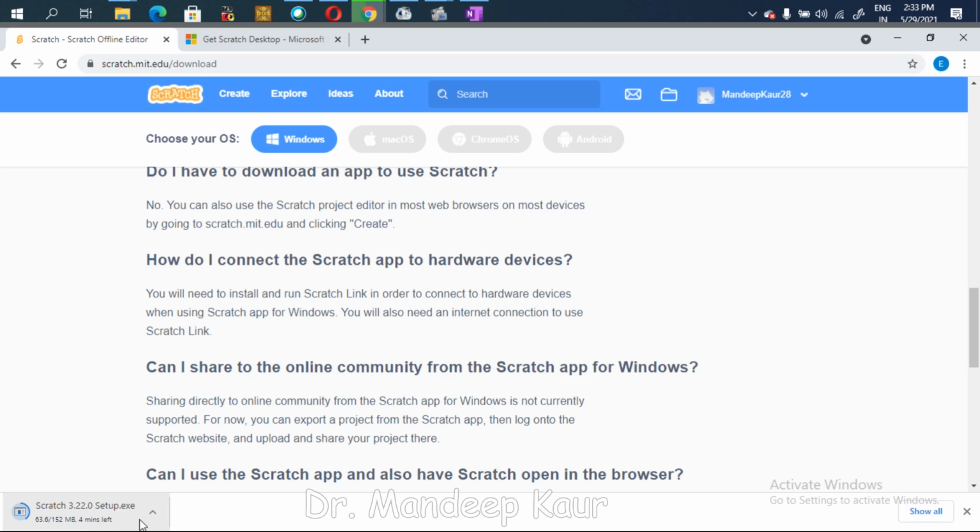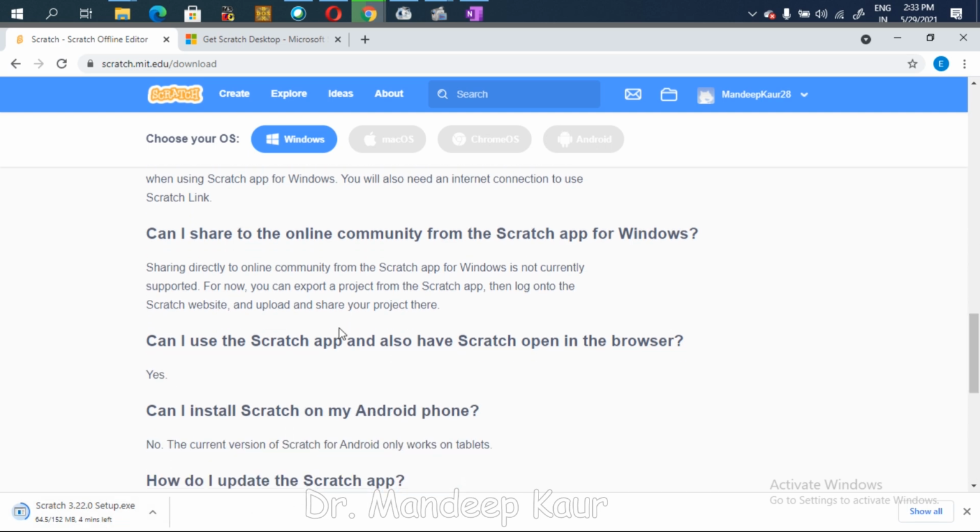Now, can I share to the online community from the Scratch app for Windows? Sharing directly to the online community from the Scratch app for Windows is not currently supported. So if you have created anything in your offline version, you have to upload that to the website and then you can share your project there. You can't directly share the project from offline to the online community.